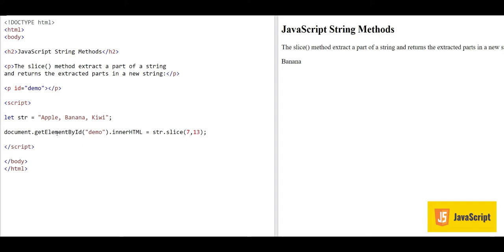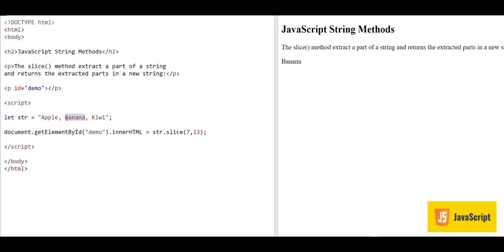How do we count? We start with 0, so capital A here is 0. So if we say 1 2 3 4 5 6 7, from 7 onwards we will go up to 13. So it's 8 9 10 11 12 13. So we have